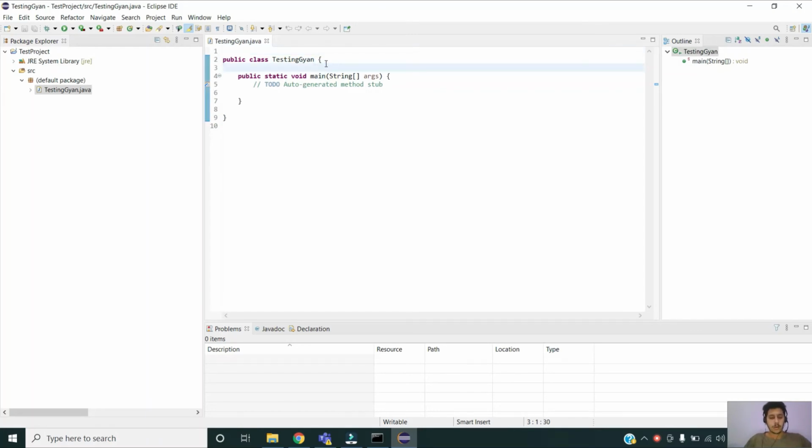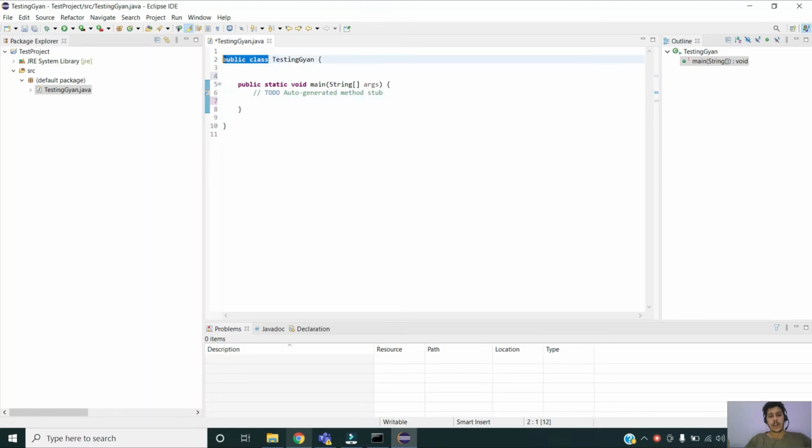Let me write my code. Before I write a program, as you can see, this is syntax highlighting, where it highlights a few of the syntax elements of our code. It specifies that this is a static method, and this is the class of my program. Now if I start writing a program, let's say I want to print hello world, I can use the autocomplete feature of this IDE.